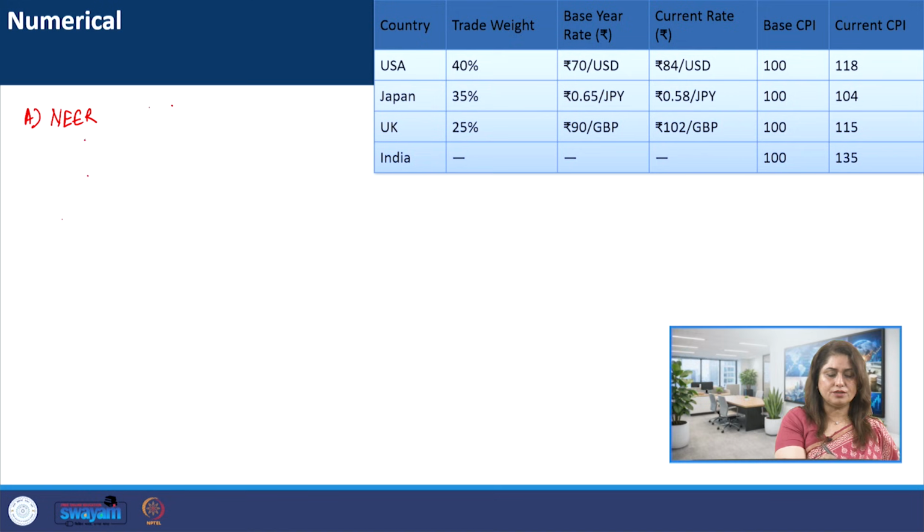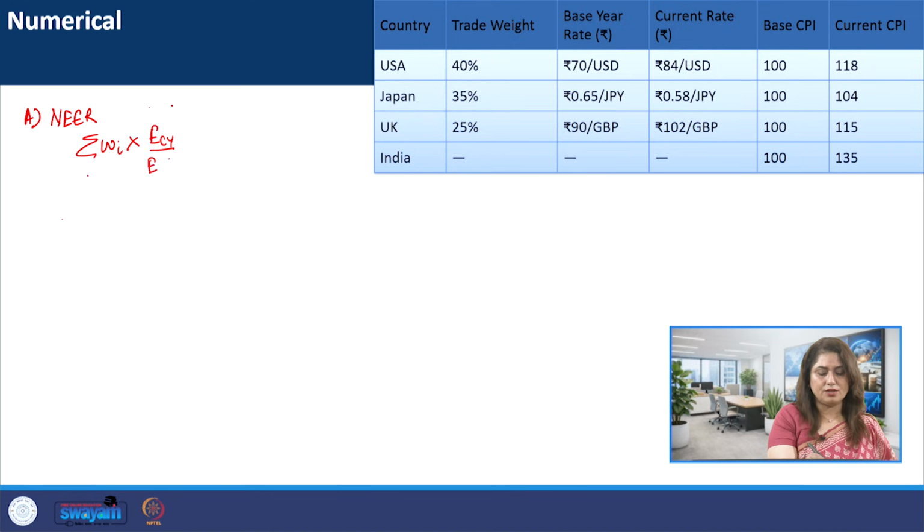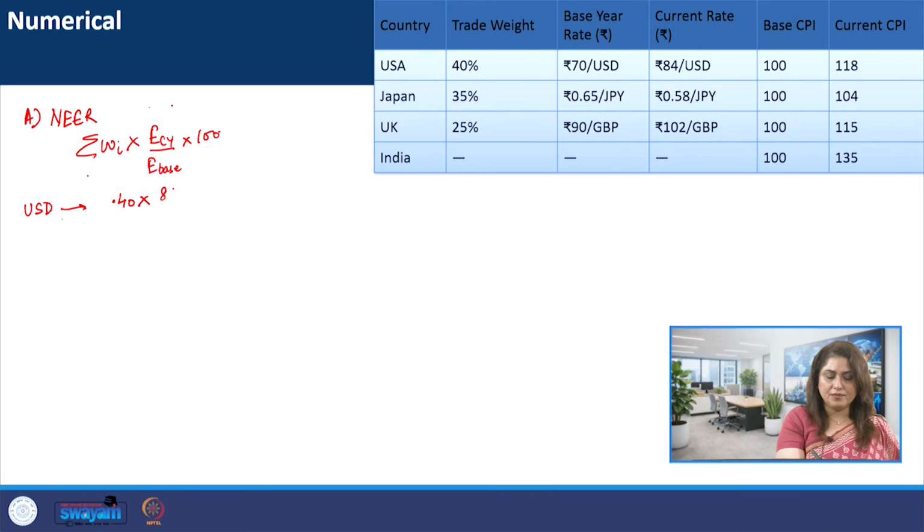The calculation of the NEER is the summation of Wi, where Wi is the weight of the trading partner, into the exchange rate of the current year upon the exchange rate of the base year, into 100. So, let us first see the contribution of USD, where the weight is 0.40, into the current year exchange rate of 84 divided by 70, into 100. This gives us the value